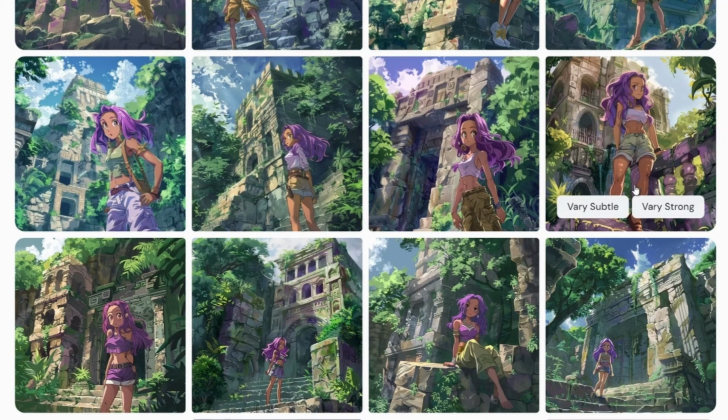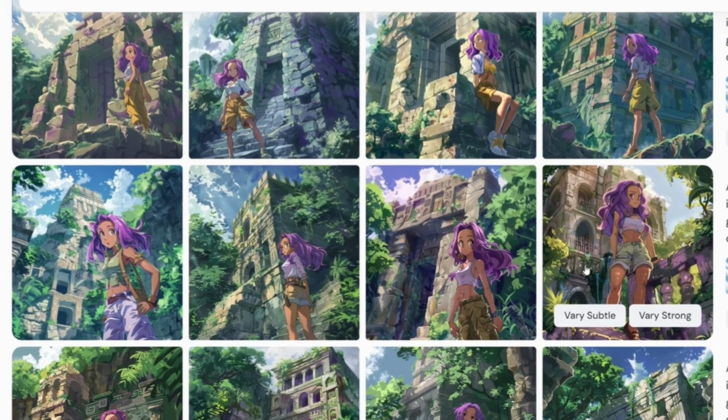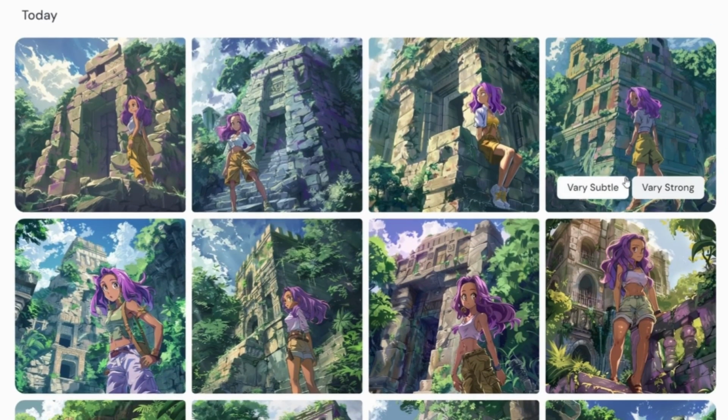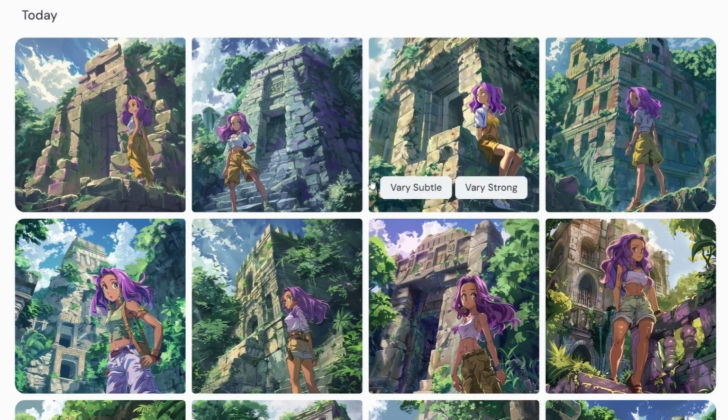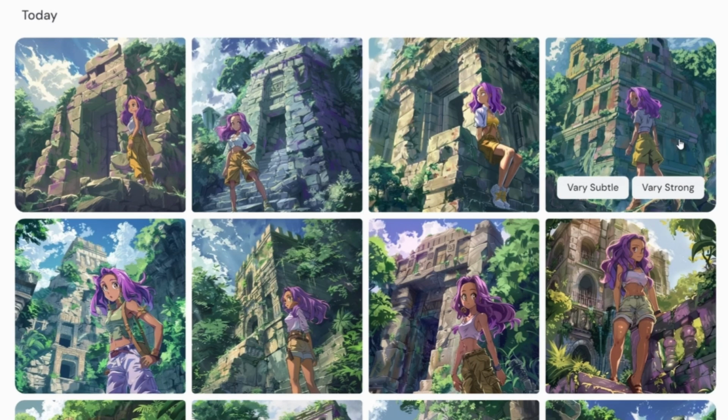Now, character weight of 50 actually did a decent job in this one. I really like this image. I think this one could work. A few of these, maybe there's slight differences that just kind of throw it off a little bit, but overall, they're really cool images. And then finally, we have our CW100. This one's good. I mean, you can actually argue that CW50 perhaps did a better job with this. I really like this one here. These ones are okay, but